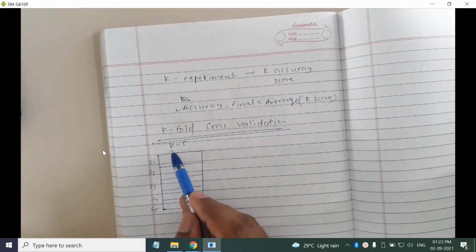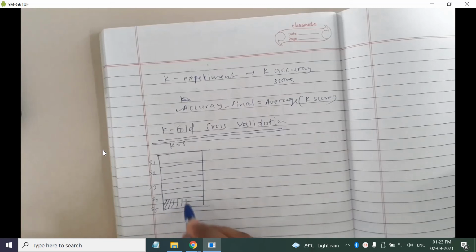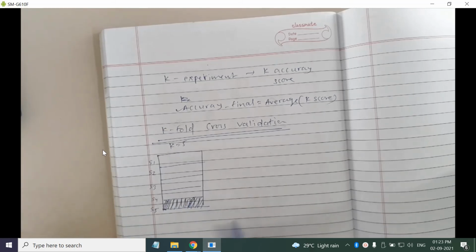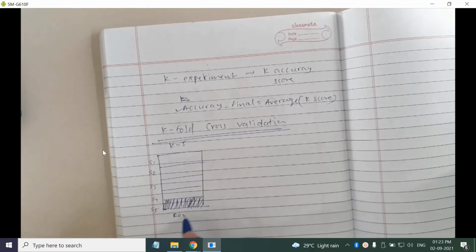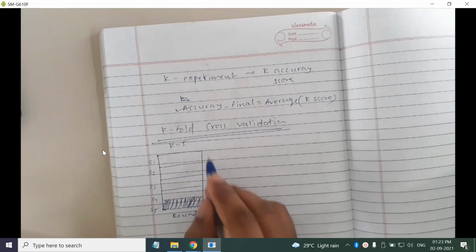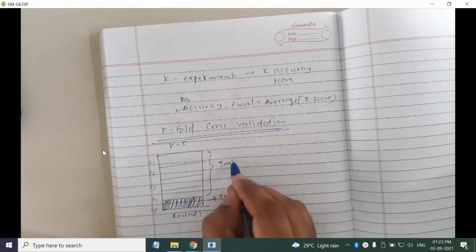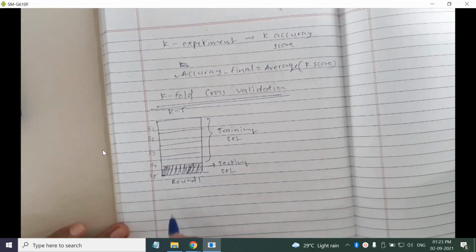As you have set k equals 5, you are going to perform 5 experiments, and each time you will use a different testing set. So this is my round 1, this is my testing set, and the remaining 4 will be my training set. In round 2,